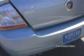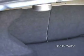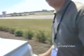So the trunk is 21.2 cubic feet of space, and I don't know if you can see it all on the video, but this is a very large trunk. In fact, it's more than very large. It's the largest in its class, and in fact, it's the largest trunk in America at 21.2 cubic feet. And that is 10% bigger than the next competitor in this segment, and it's 40% bigger than some of the high volume cars in this segment. We're very proud of this trunk, and you can fit all the luggage you'd need to take your family on